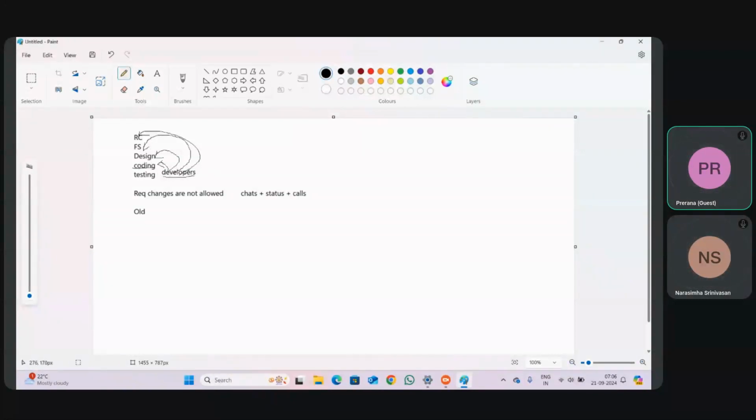If you completely depend on someone, they will show superiority every time. In requirement collection, developers are involved. They will concentrate more for a few days, but after some days they will lose concentration because it is not their job.